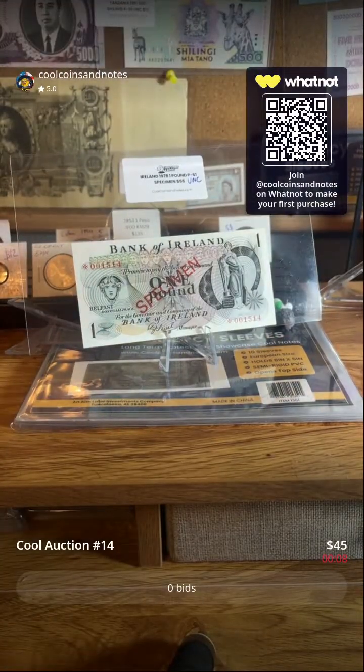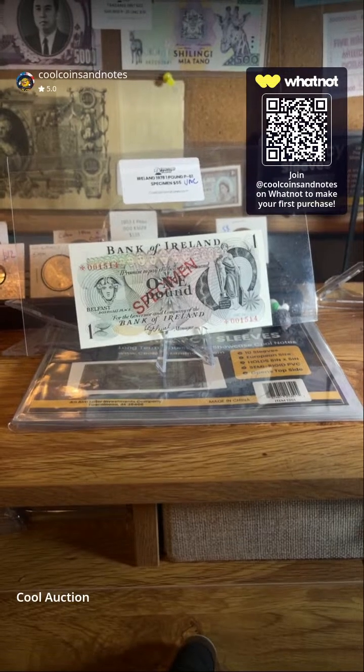Uncirculated Ireland specimen. On a foreign ship in Salman Industrial City as a result of falling debris from the intercepted